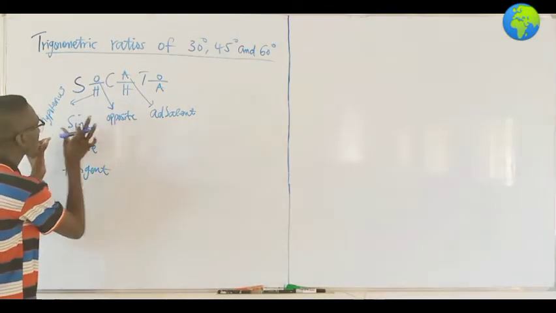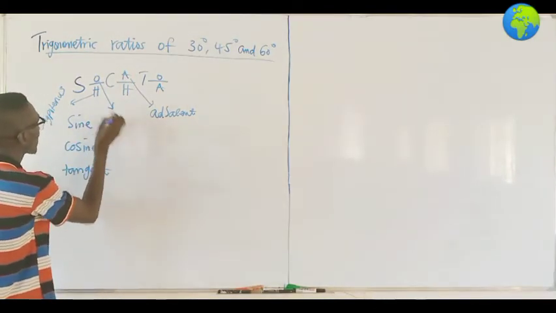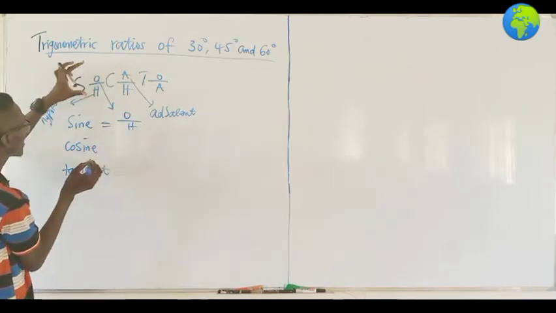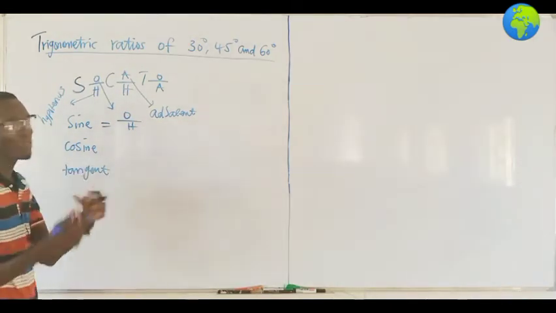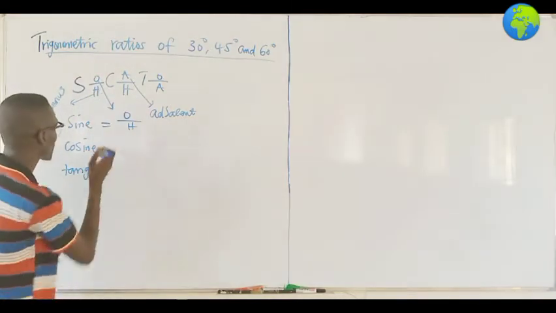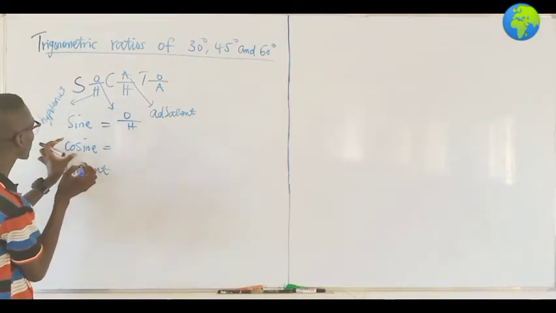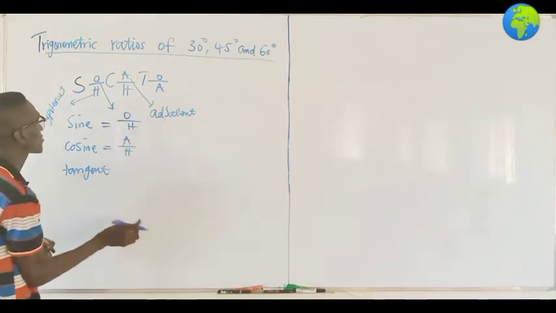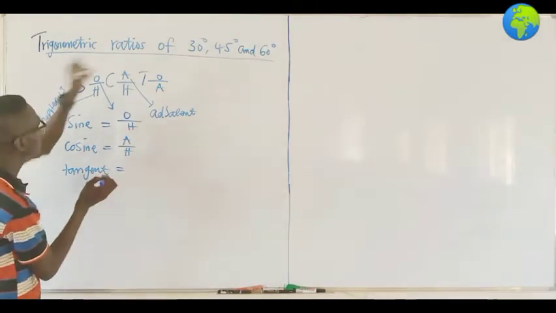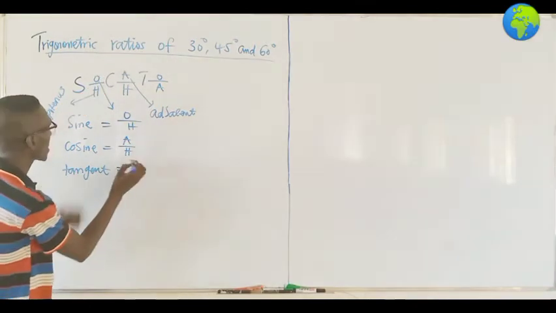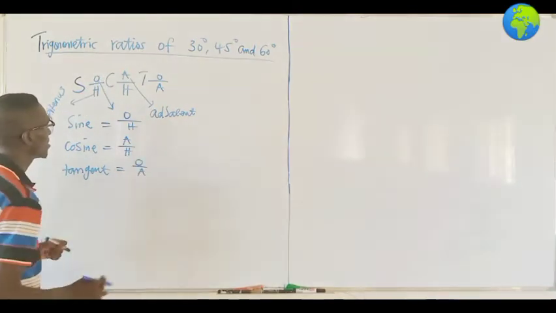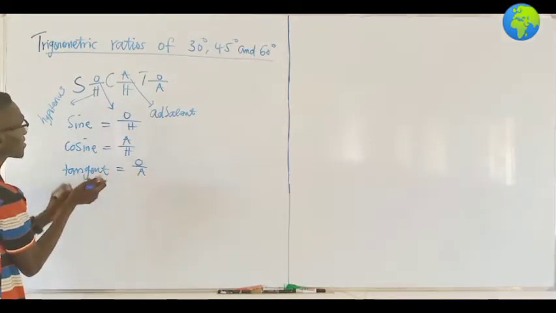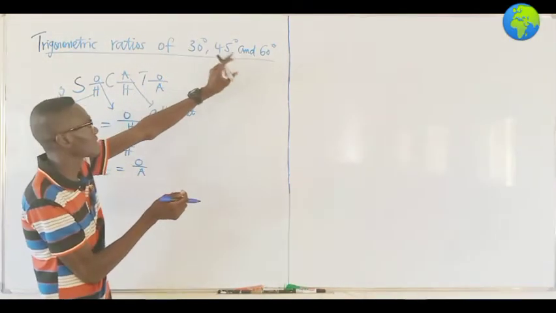So for sine, recall that sine is always opposite over hypotenuse. Immediately you hear me say sine, it means opposite over hypotenuse. How about when we say cosine? Cosine is adjacent over hypotenuse. When we say tangent, tangent means opposite over adjacent, which is O over A. So these are three things to be focused on very well to get the 30 degrees, 45 degrees, and